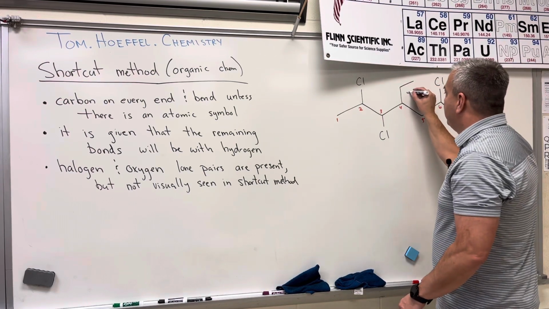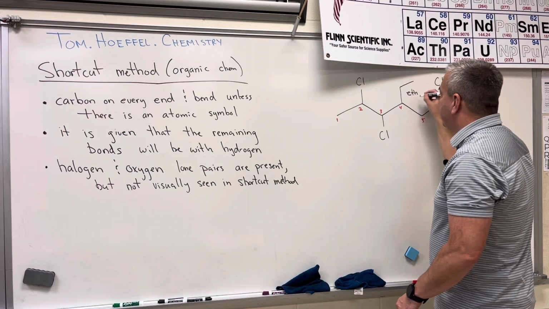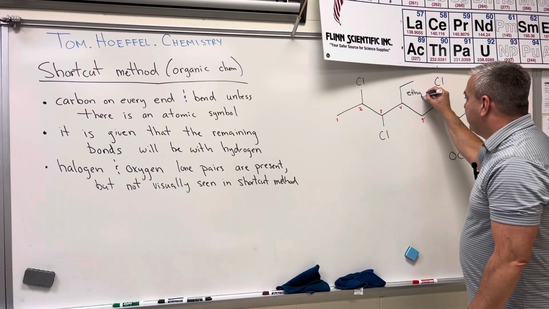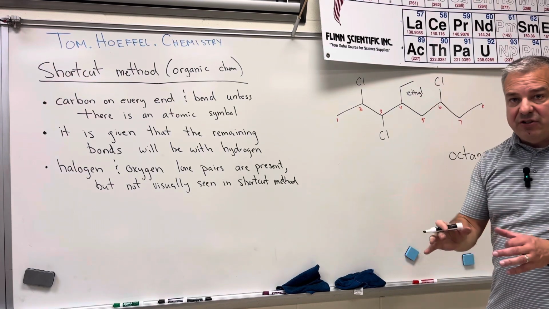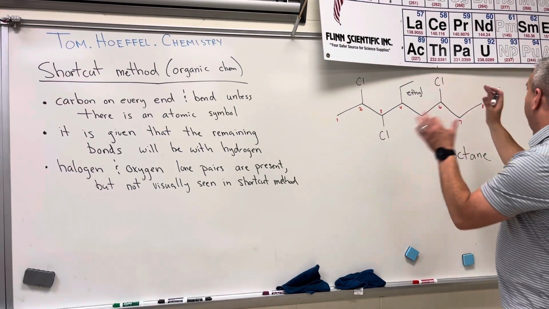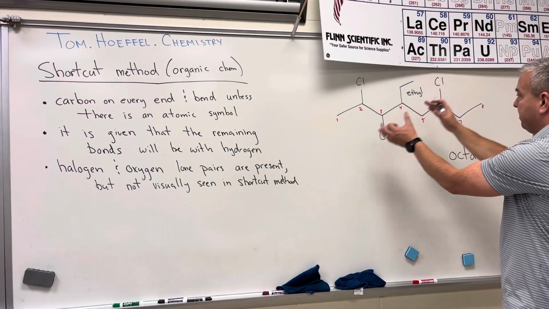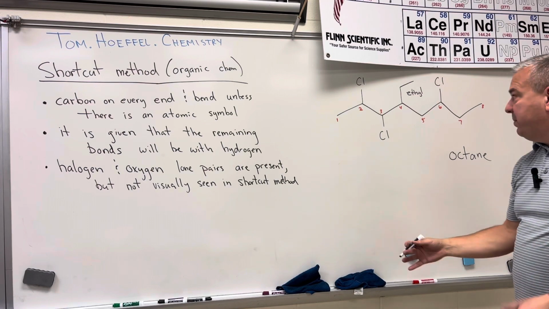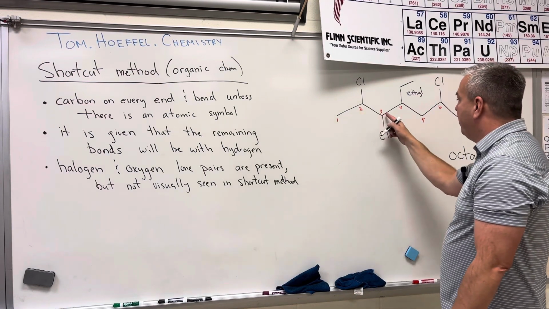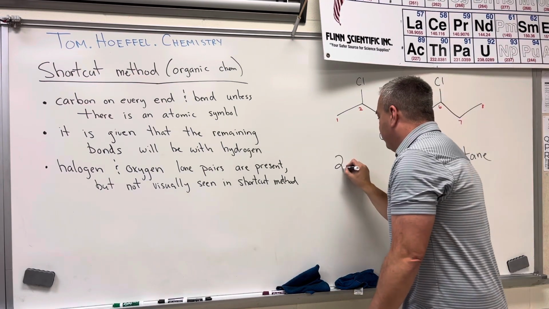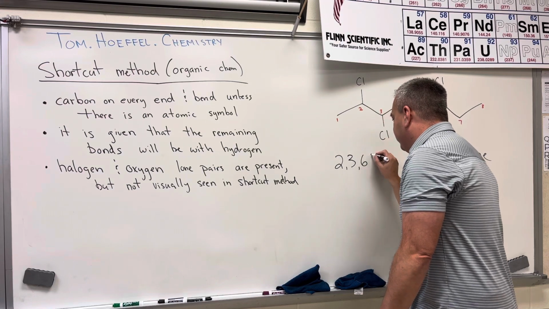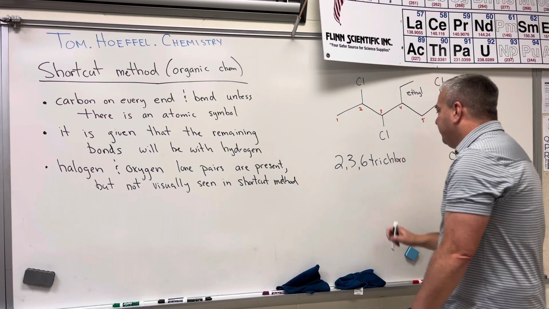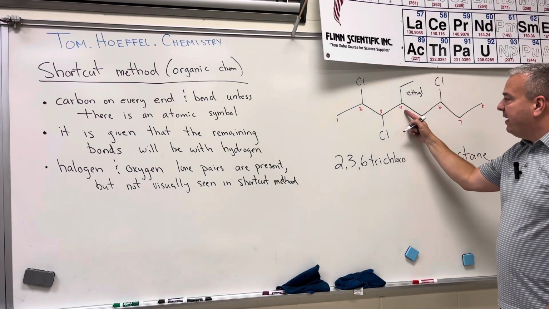And if it's 2 carbons long, it gets the prefix eth. And because it's a side chain, we're going to give it the suffix yl. So this is actually an ethyl group. So when we're looking at chloro groups and ethyl groups, as far as alphabetical order, the chloro group is going to come first. It's on the 2, 3, and the 6. 2, 3, 6. And since there's 3 of them, it's going to be trichloro, followed by